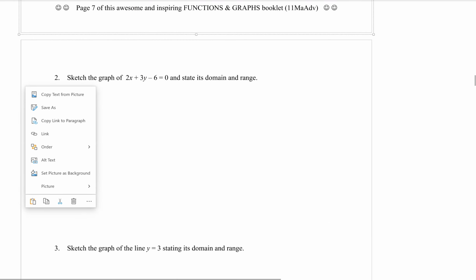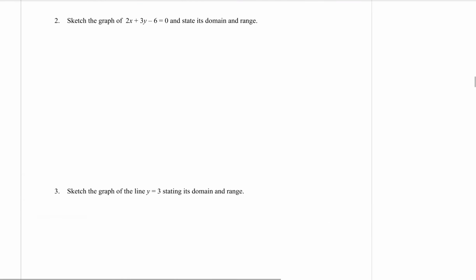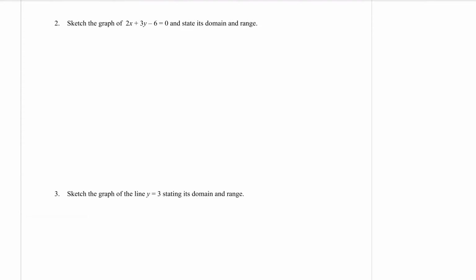Again, we are sketching. This time the equation is written in a different form. That is the general form of a straight line, where we have x, y, constant equals 0. Okay, so for this one, how about we use the x and y intercept method? So let's go when x equals 0,